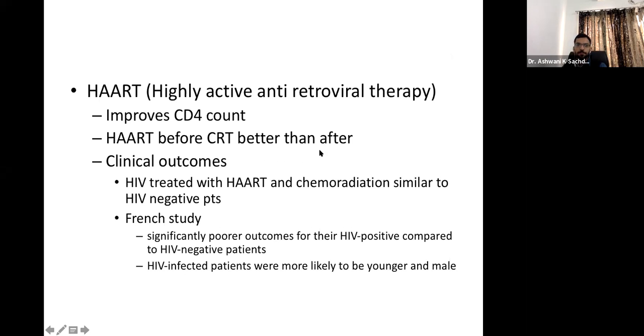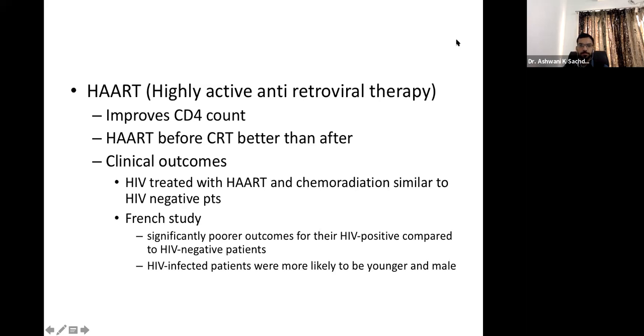So the introduction of highly active antiretroviral therapy has improved the CD4 count and also the survival rates of HIV positive patients. And the antiretroviral therapy should be given prior to chemoradiation rather than starting after the chemoradiation. It will give better results and lower toxicity and improve the immunity of the patient because it improves CD4 count. And clinical outcomes have shown that HIV patients treated with HAART and chemoradiation have similar results to patients who are